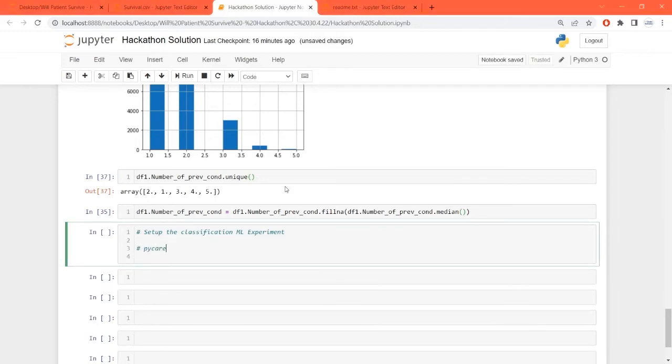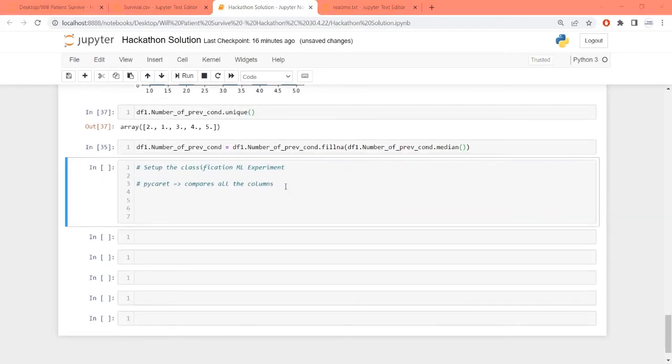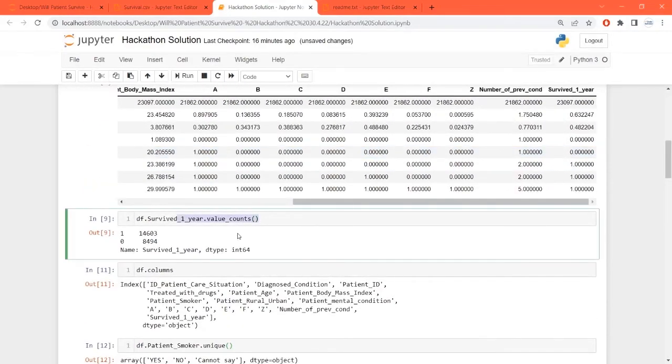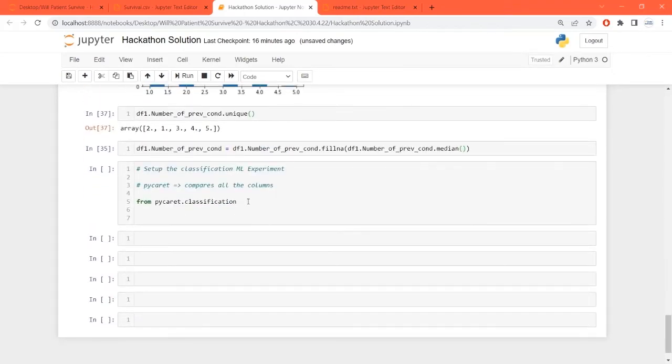PyCaret actually compares all the models. From PyCaret you can write pycaret dot classification, import star. Why a classification model? Because my survived case is either 1 or 0, so I'm simply using classification methods.